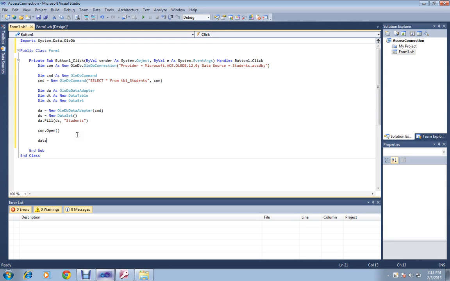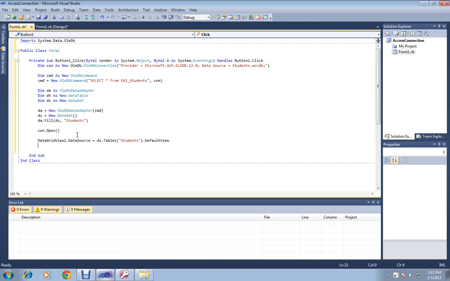Just type DataGridView.DataSource is equal to ds.Tables, the name of our database, .DefaultView.